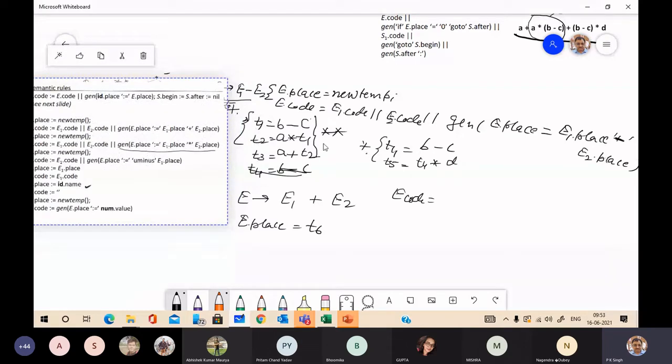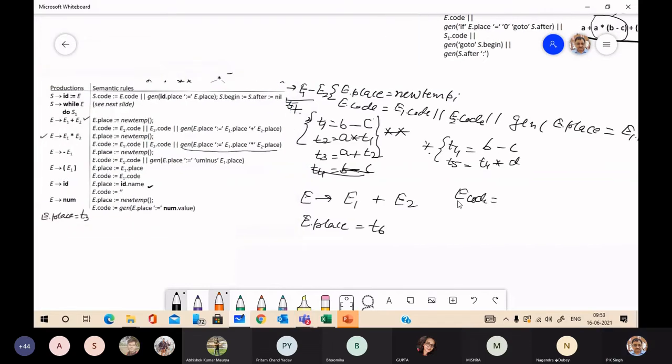This is the E1.code: T1 equal to B minus C, T2 equal to A into T1, and T3 equal to A plus T2. This is the E1.code at this junction.